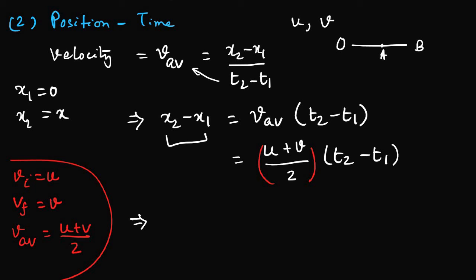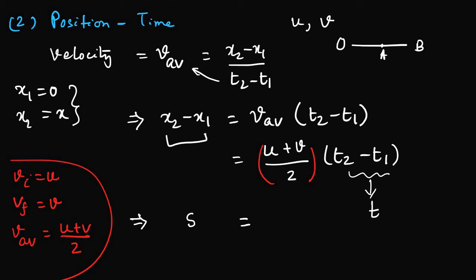So this is the displacement, isn't it? The straight line traveled, the shortest path. So this would give me simply x, and I can write it as s only. Now this one I have to solve. T2 is basically the time taken, and T1 can be 0 because I am traveling from the origin towards B. So T2 minus T1, the difference, can simply be T.